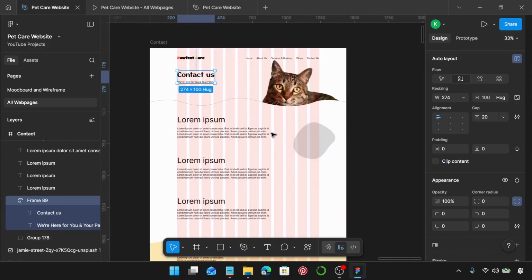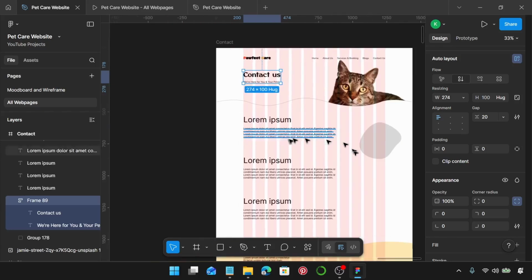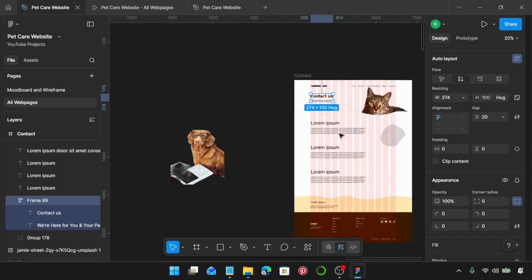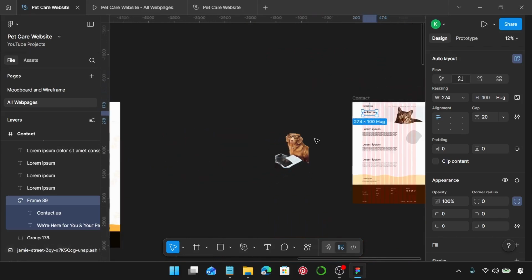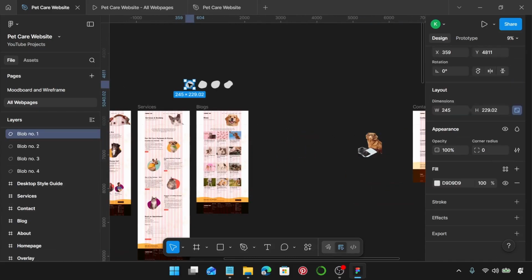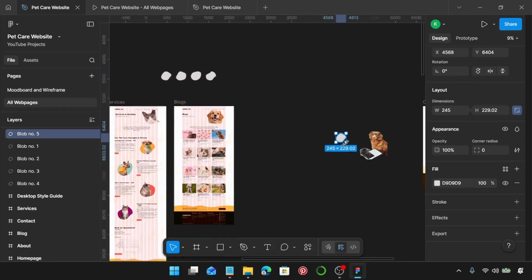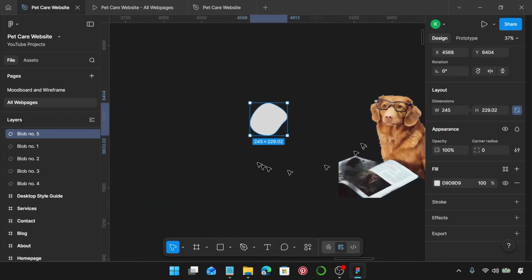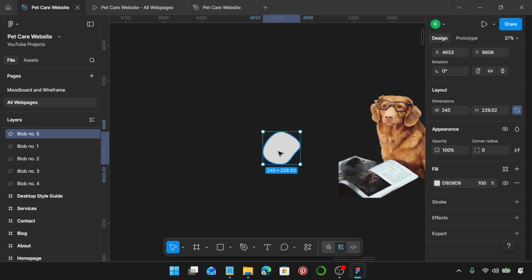Let's now change our focus here. You know what, let's finish. This is going to be the last image for this entire project, so let's work on this. We can just reuse, oh no, this is a component. I just want to use a normal one, I don't want to use a component. I could just detach instance, but let's just keep it simple. We're going to use blob number 1. Let's change the width of this blob to